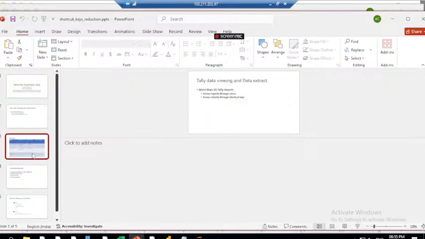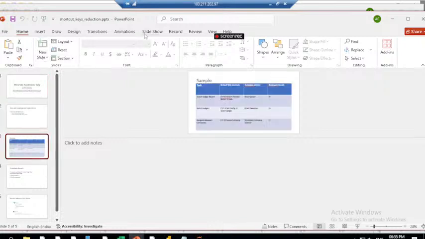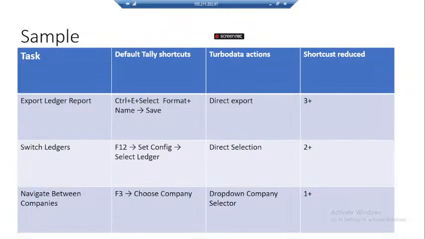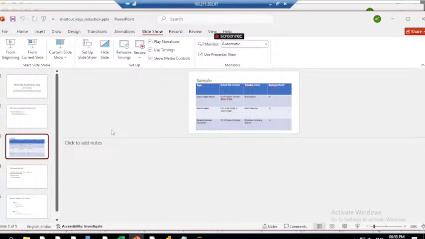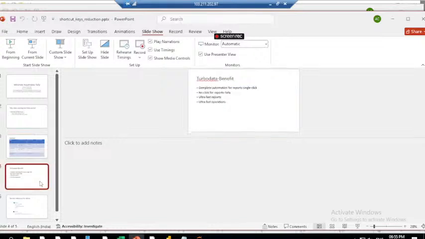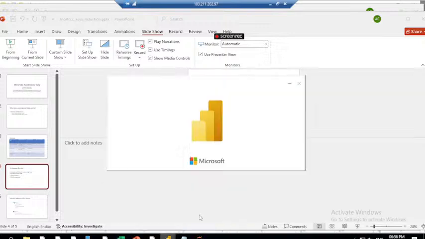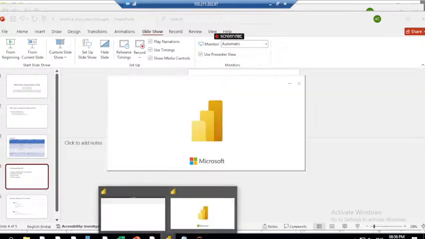So for example, just for the ledger, if I look at it: export ledger is Control E plus select format plus name plus save. Am I correct? Switch ledger is F12, set config, select ledger. Navigating between companies is F3 and choose company. Correct? There are a lot of shortcut keys here. All that can actually be eliminated by a single extract and then refreshing it here using Turbo Data. We'll give the JSON extract and they don't have to do the shortcut